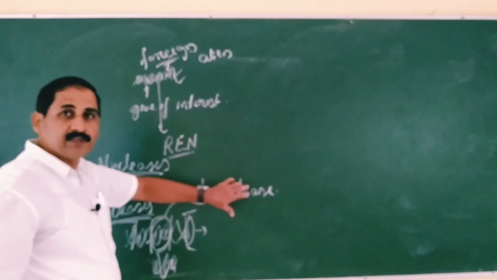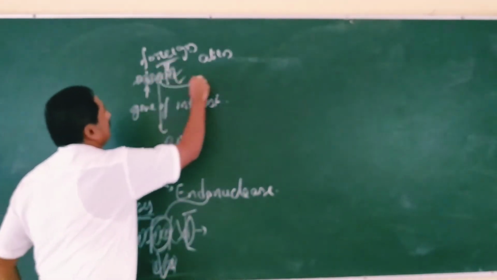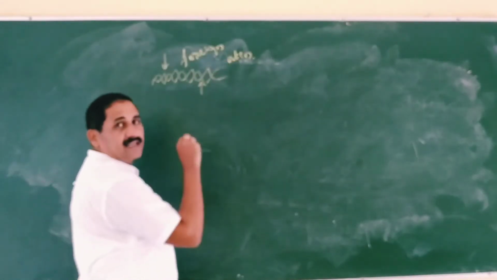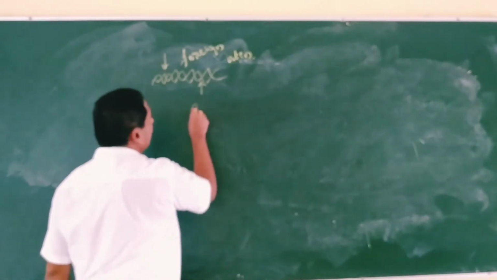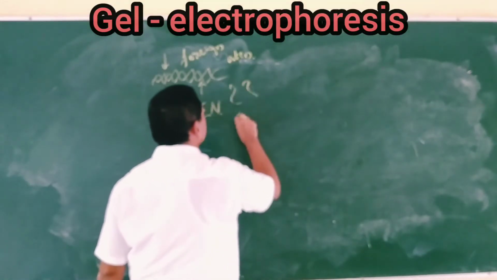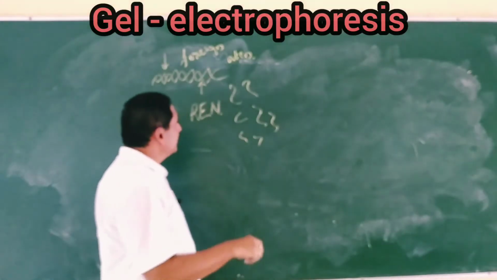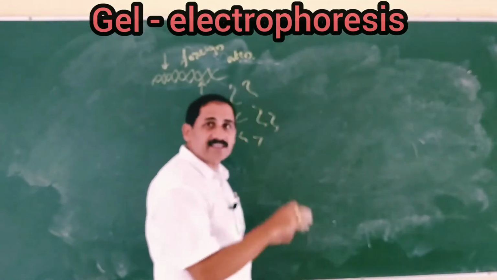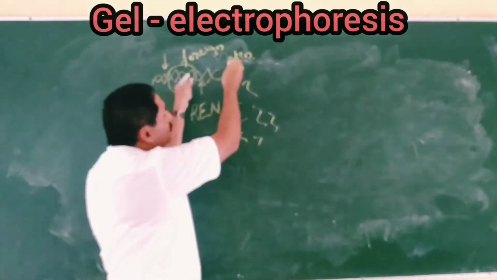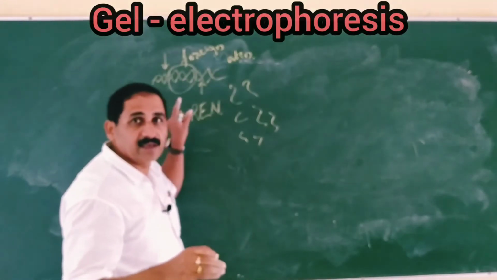So we have to use these endonucleases to cut and cleave open the double-stranded DNA fragment or the gene of interest. This foreign gene or alien gene is cut by using REN. We have to cut and cleave out the fragments of DNA. These fragments must be sorted or separated, and we have to isolate only the small portion of the alien gene in the genomic DNA of a donor organism.